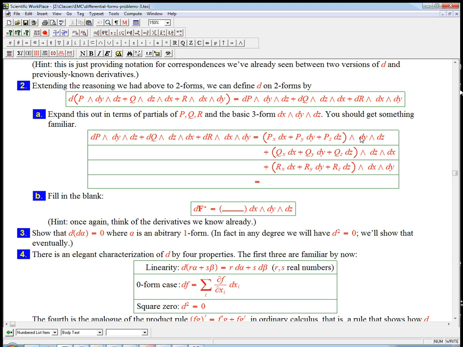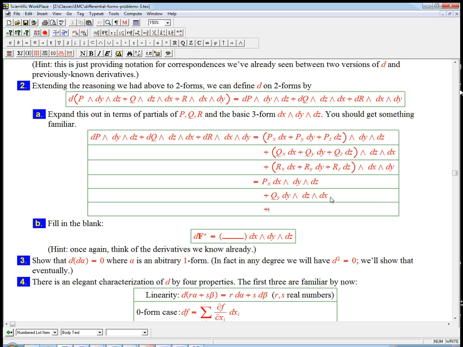Not so. dy wedge dz, anytime you have the same 1 form appearing, it dies. dy wedge dy is 0. dz wedge dy wedge dz, well, we could always exchange the dz and dy, then they're next to each other, that's going to be 0. So in fact, you only get P sub x times, let me just copy most of that in, times dx wedge dy wedge dz, plus, okay, then it's going to be Q sub y, and it's going to be the dy wedge dx, dz wedge dx, okay, I'll put those on different lines, I guess,